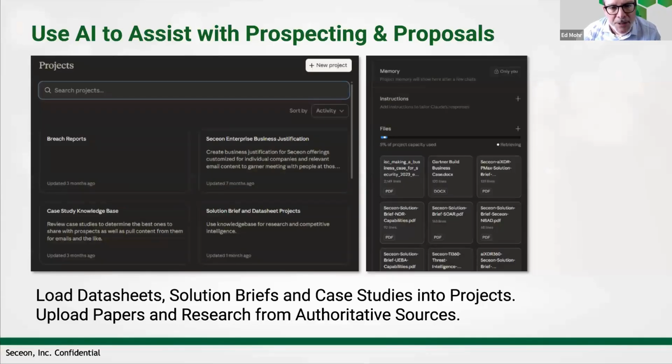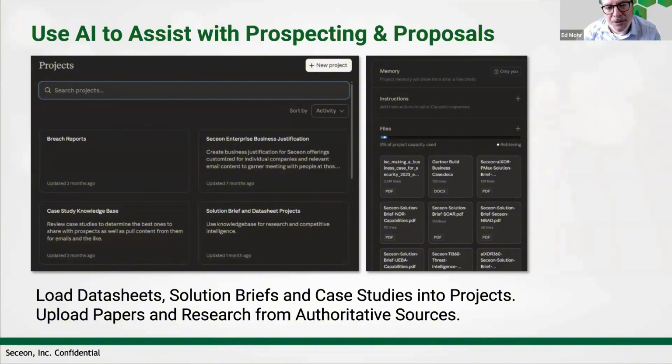In prospecting, we use AI an awful lot. I like Claude AI. It's worth spending $20 a month to get a paid version where you can establish projects. Here you can see some of the projects that we had, and to the right of that are a set of documents that I loaded into a knowledge base for that project to help guide the answers that I receive.